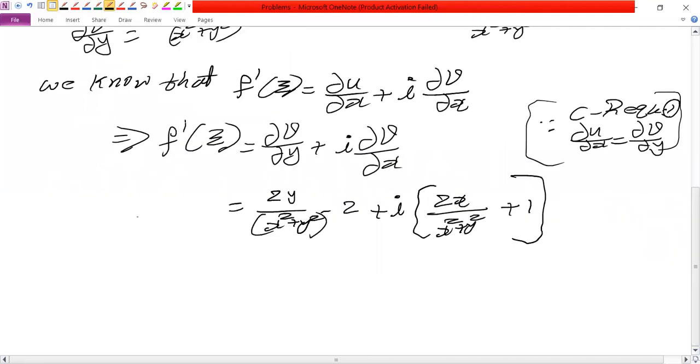Now, according to our discussion, which method do we have to use here? Milne-Thomson's method. By applying Milne-Thomson's rule,